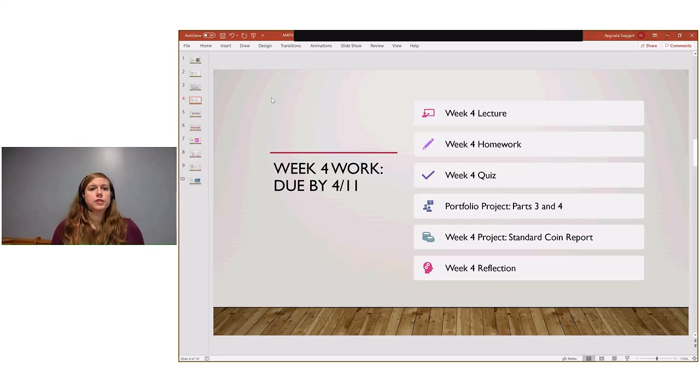So week 4, if we look at just recommended due dates again and pacing, we would want to try to have these things done by the time we meet next Saturday. So you have your week 4 lecture, which is actually very short this week, but you have a lot of references in the textbook that will help you. We're going to be talking all about probability during week 4. Now that might be something you say, great, I remember that for the most part. I kind of get that.